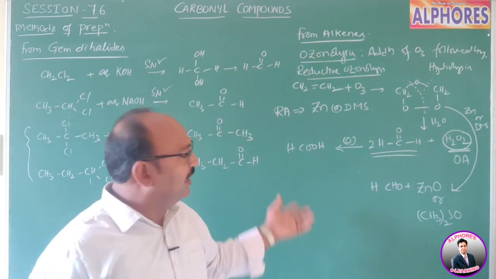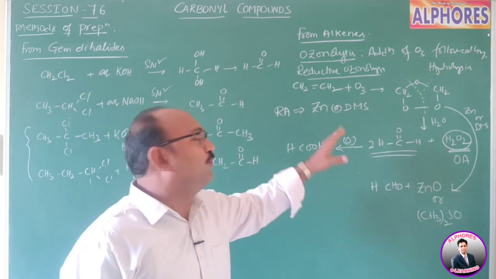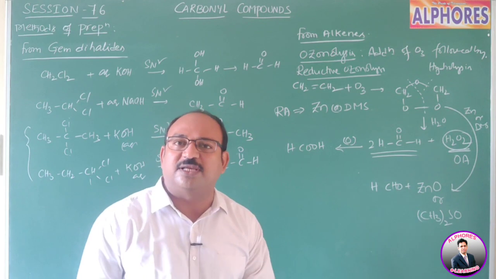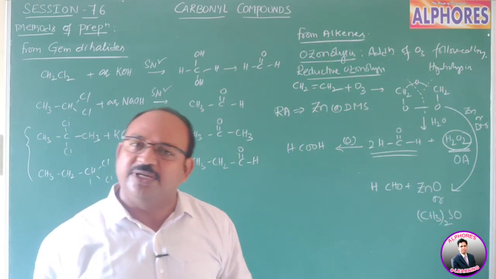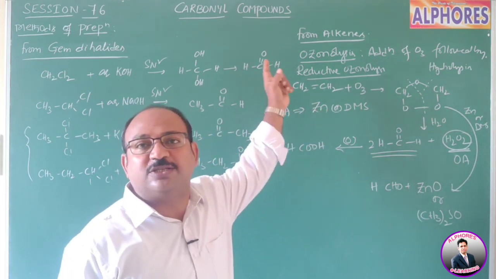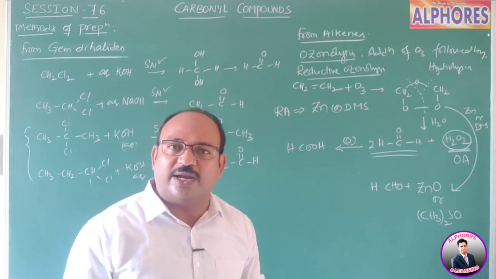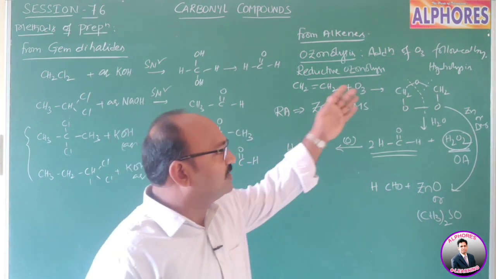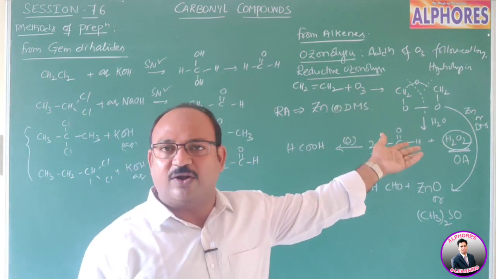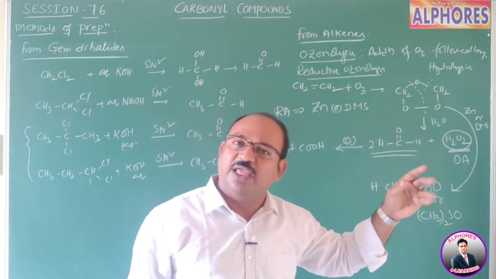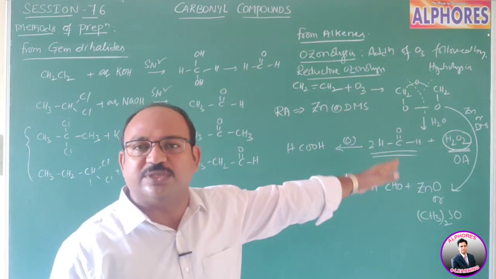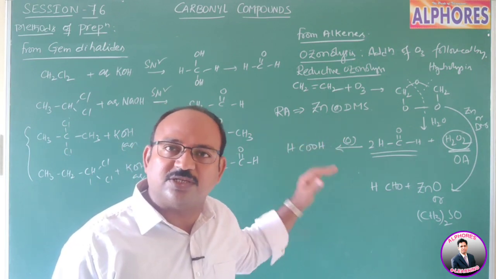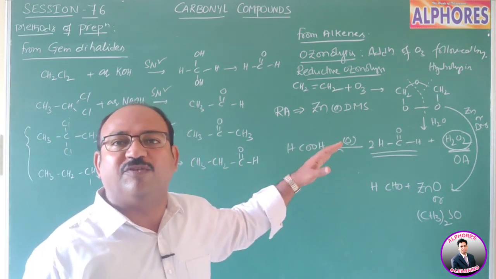Suppose in this method we use substituted carbons containing double bonds, meaning the double bonds are located at substituted carbons. In other words, the double bonded carbon is attached to alkyl groups. In such a case, we get ketones. Now, if ketones are formed, whether you use oxidative hydrolysis or reductive hydrolysis is not the criterion. Even though you may or may not use the reducing agent, after formation of ketone, the reaction will stop.